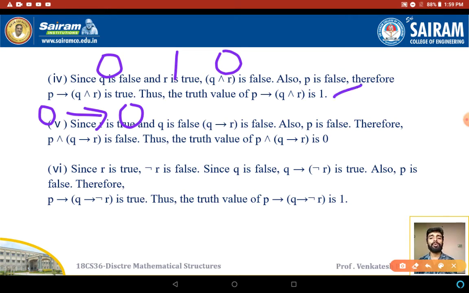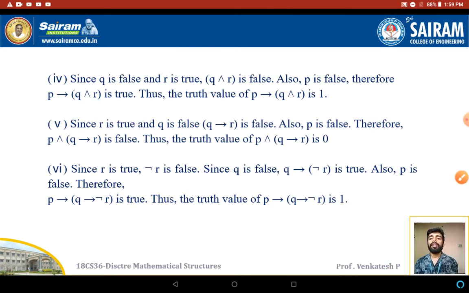It is a true statement. Next, the next statement is P and Q implies R. So first I am going to define Q implies R. So since here Q is false, the value of Q is 0 and the truth value of R is 1. I am going to apply the implies symbol in between 0 and 1. So what will I get?